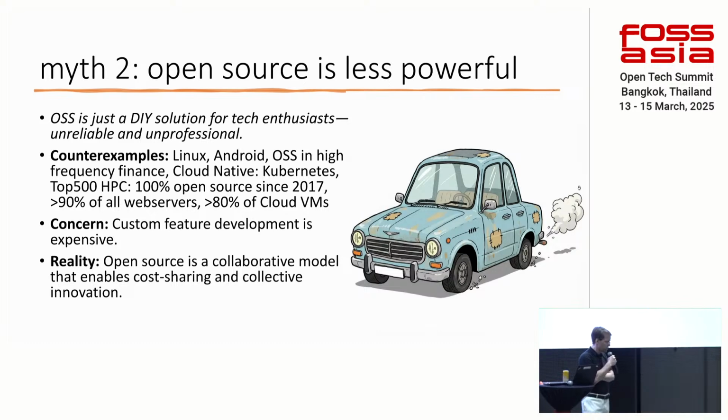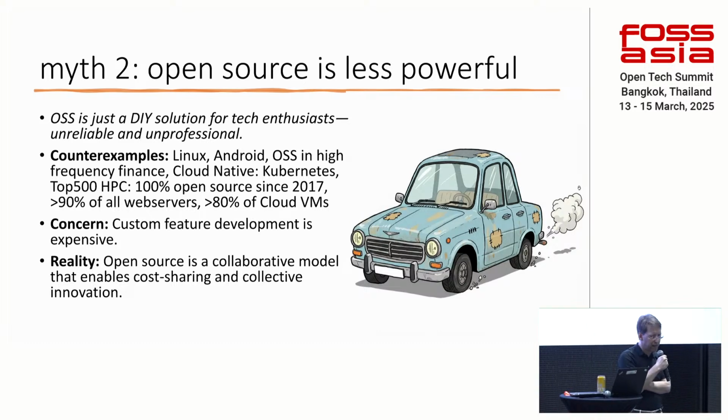So there's a German newspaper or a tech magazine, and they have also an online forum. And for a couple of years, whenever some subject about Linux or open source was mentioned over there, there was someone who thought he might be very funny, and he said each and every time again, so there is some issue with Linux, or there is some issue with some open source software, and with some real software that would never have been happening. So this is a completely silly argumentation, because if we just look at the examples, the counter examples, so Linux,